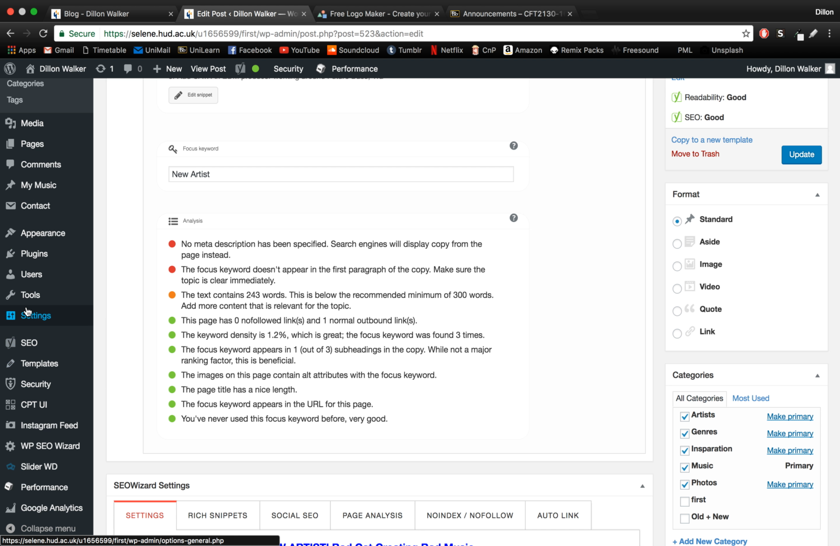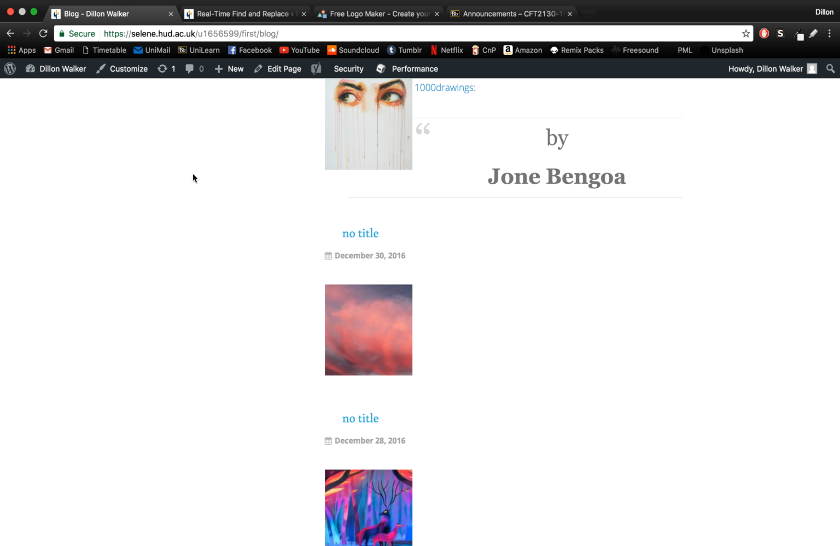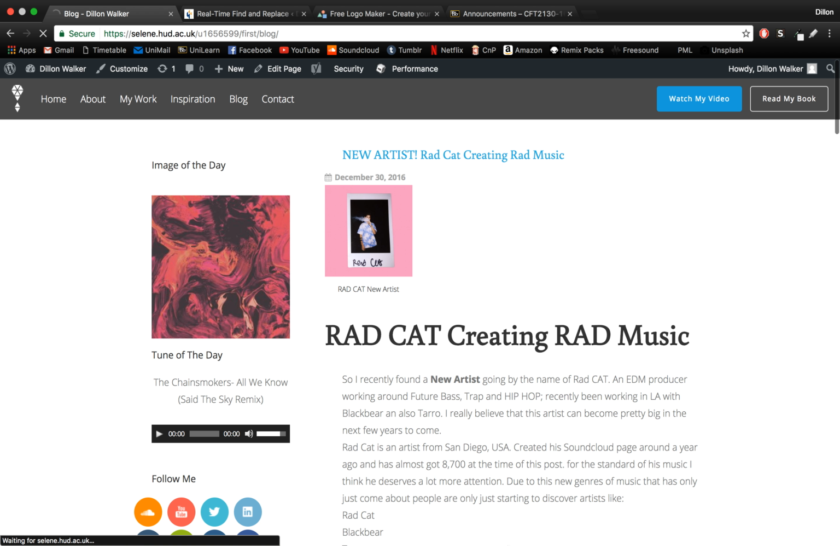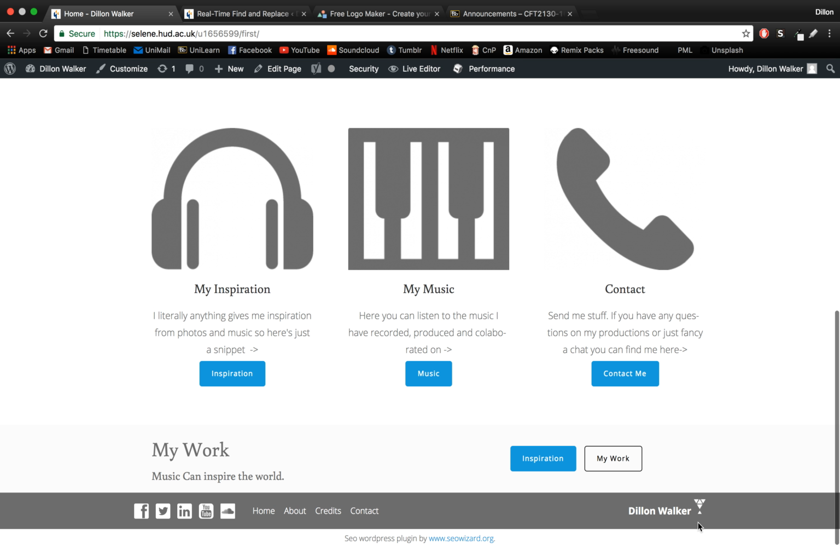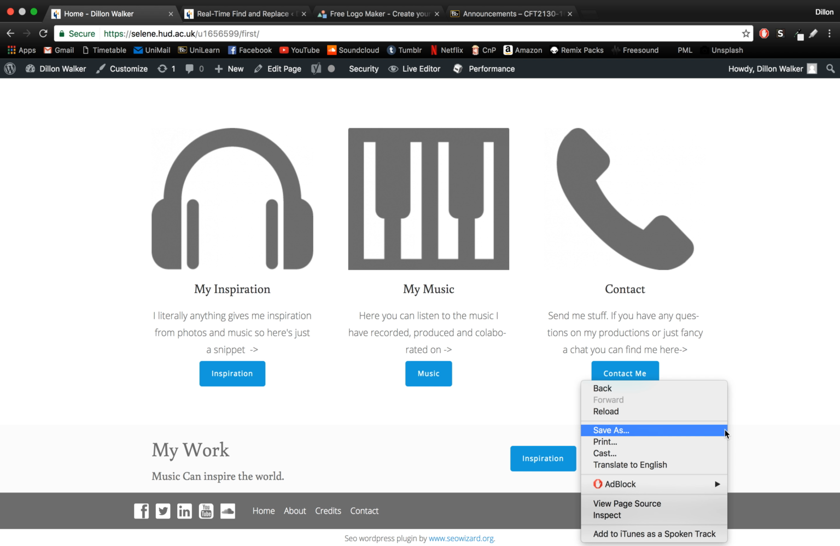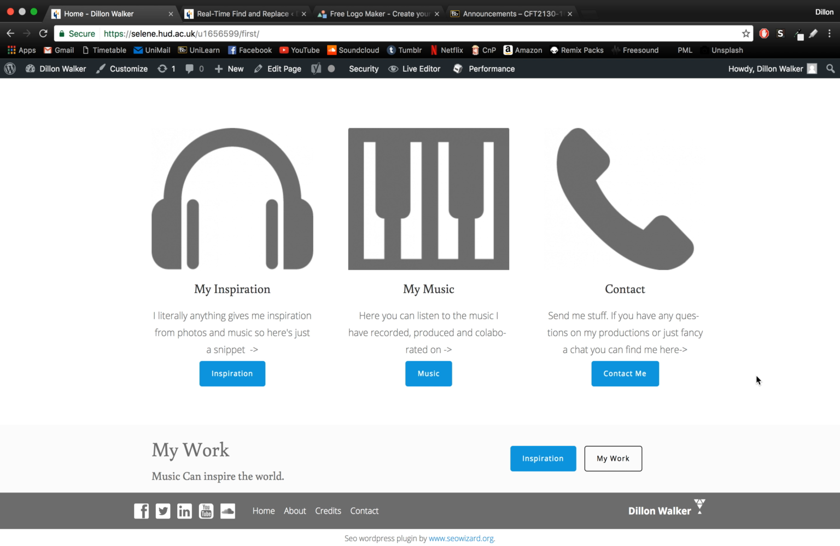I've used a plugin called Real-Time Find and Replace. This plugin helped me change the bottom right hand corner, because at the bottom it said made by Tesseract, and I didn't want that on my website. So I went into inspect on my website, found where the code said made by Tesseract, took that bit of code out,